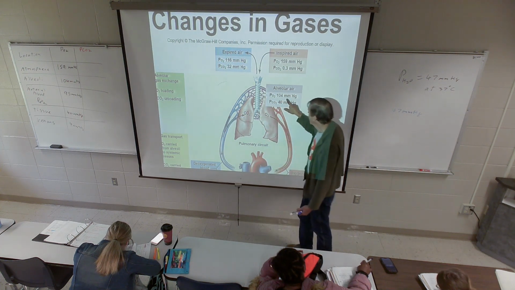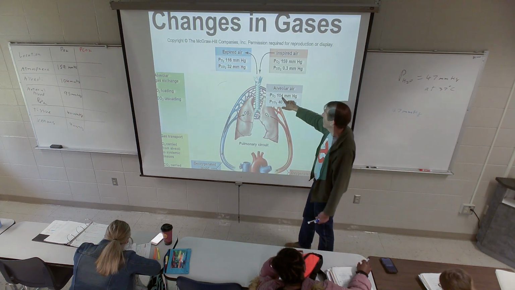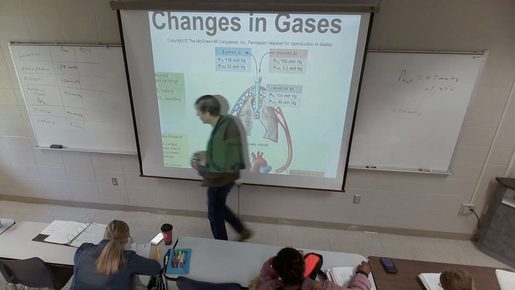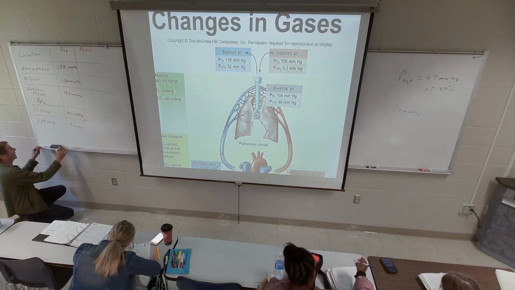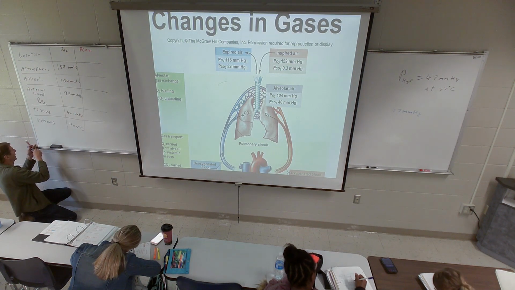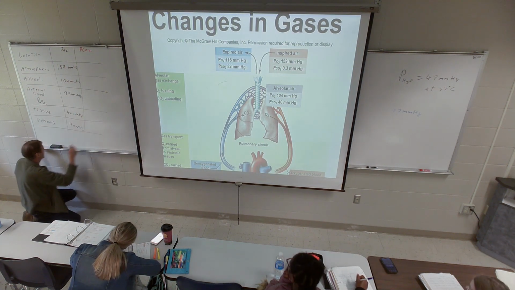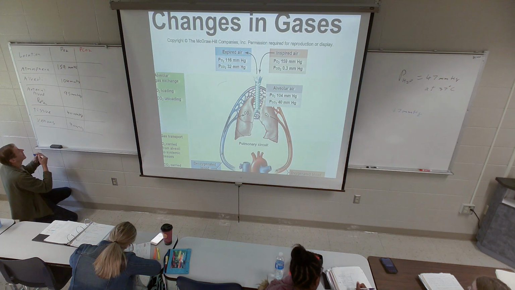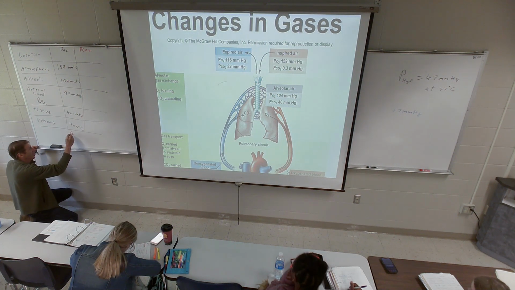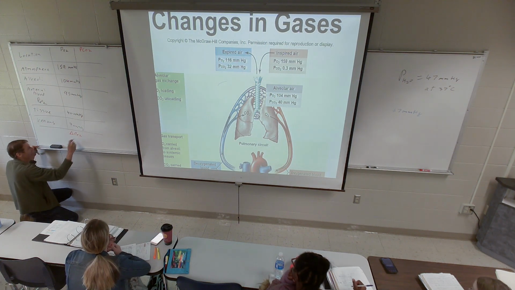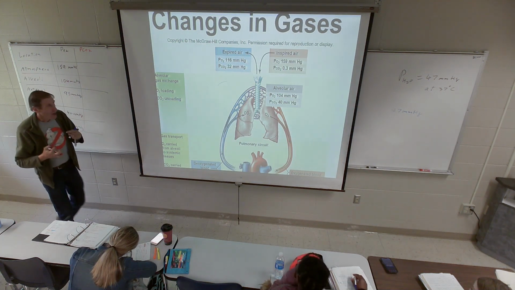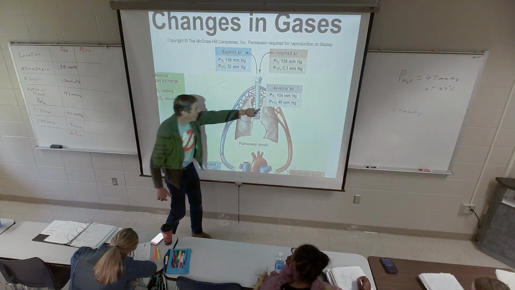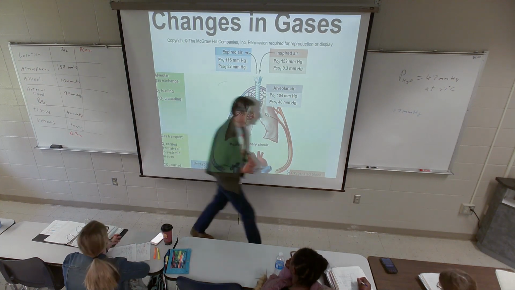So this blood coming into the pulmonary capillaries has a PO2 of 40. The air in the alveoli has a PO2 of 104. So I'm going to put one more thing down here, and draw a line here. Delta PO2. What I'm asking is, what is the partial pressure difference causing oxygen to move from the alveoli into the blood?